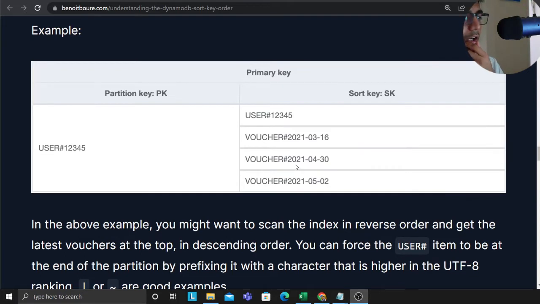Now, say you want to fetch the latest voucher. Of course, you can scan the index in reverse order and grab the latest voucher. But what if I just want to have the voucher items, the latest voucher on the top and the user item on the bottom? How do I do that? Here the author shows an amazing technique in which you could force the user item to be on the bottom of the